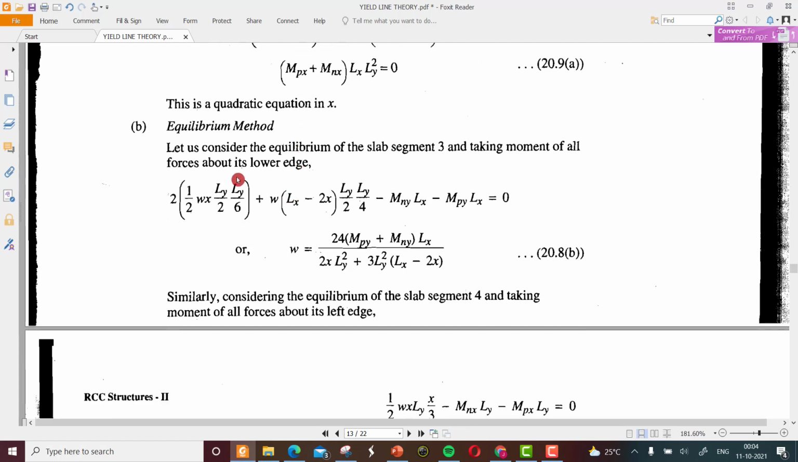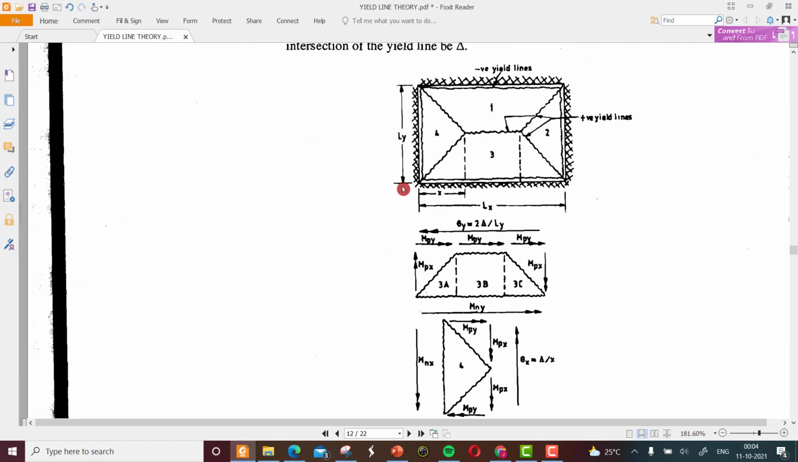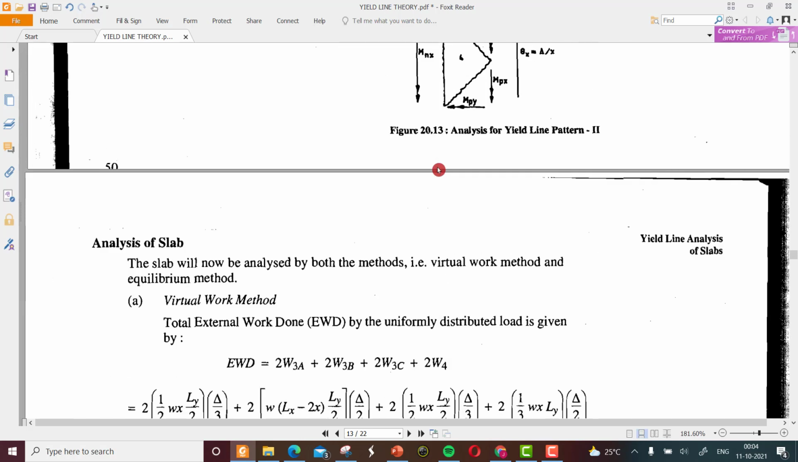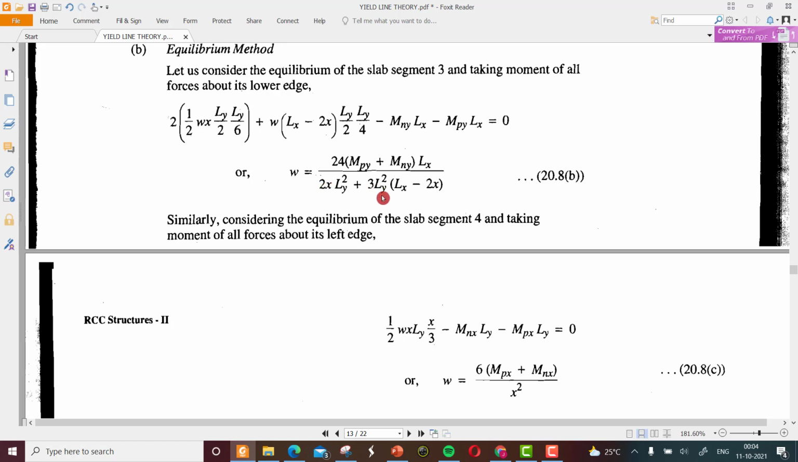The equilibrium method is the same as we did for the previous one. Let us consider the equilibrium of slab segment 3 and take moments of all forces about the lower edge. I'm not repeating it again. For this third segment we take the moment about this horizontal edge, and for the fourth one about this vertical edge, which will give you the value of W equal to